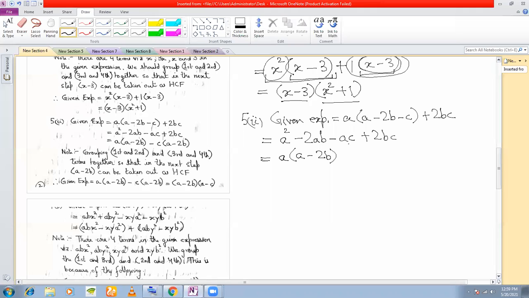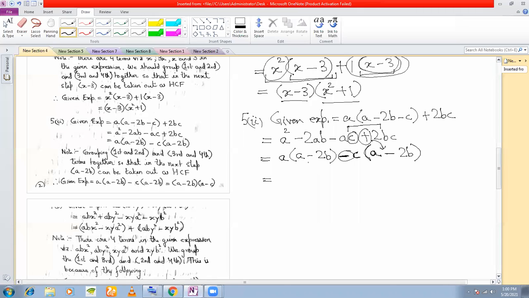And from these two, what is common between them? C is common. So I give a minus sign. I take out a C. What am I left with? A, because I have already taken out the C. I'm only left with A. And because I have a minus sign here outside a bracket, this plus sign will change to a minus sign. Okay. So if I'm taking out a C, this will be 2b.